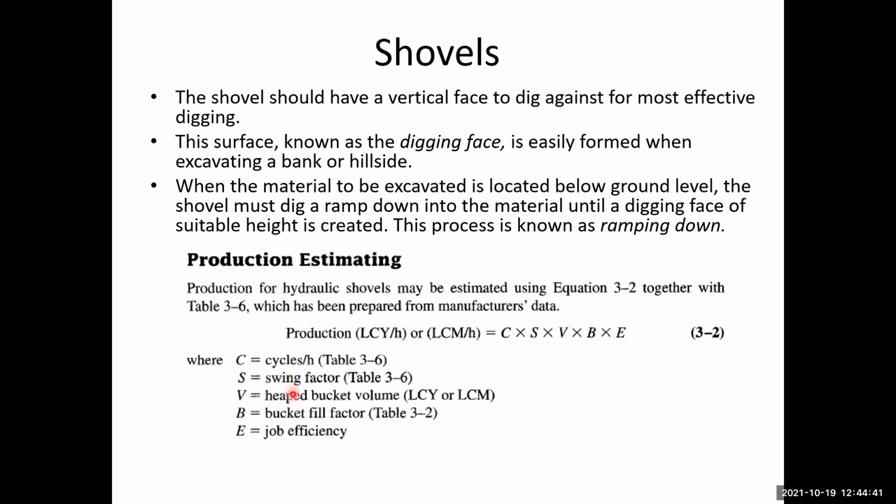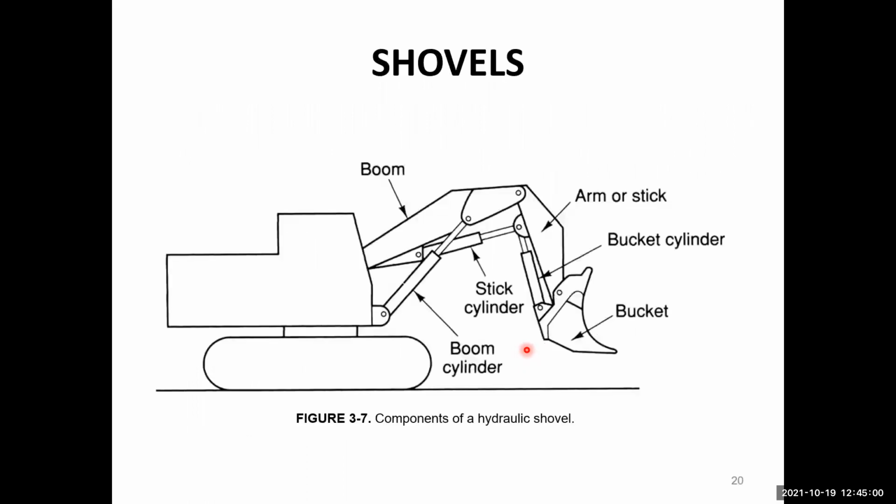And V is the heap bucket volume, B is the bucket fill factor, and E is the job efficiency as before. So the only difference between the determination of the quantities between this formula and the previous formula is that the swing factor is different over here in the case of shovels. Okay, so what are those